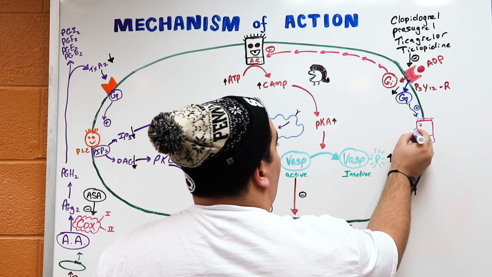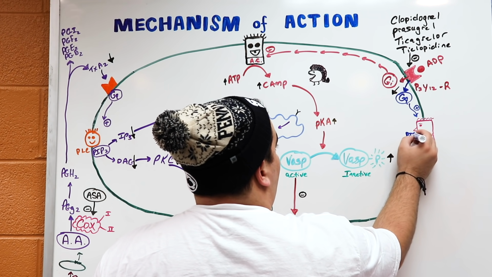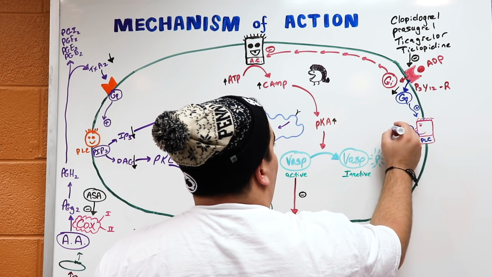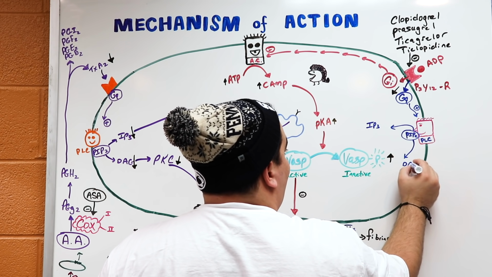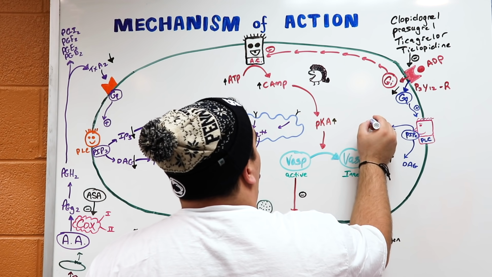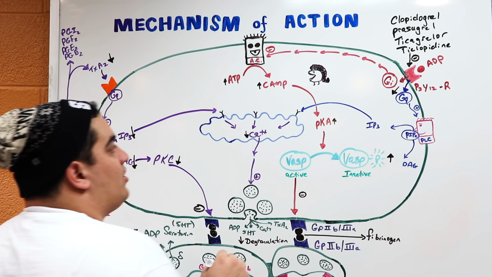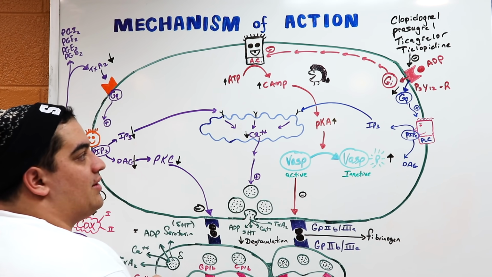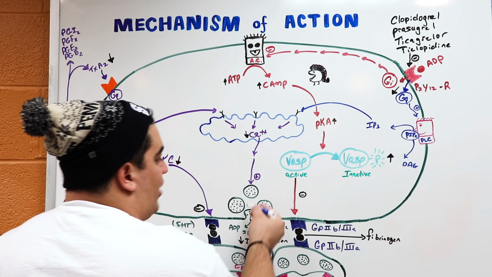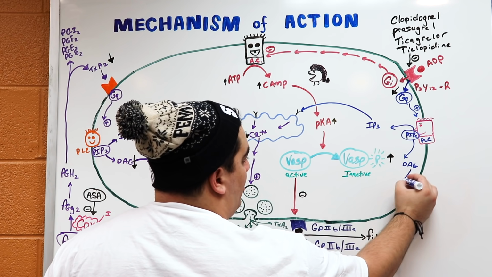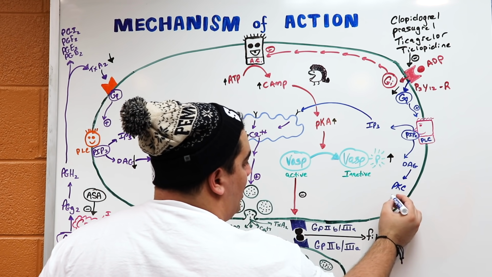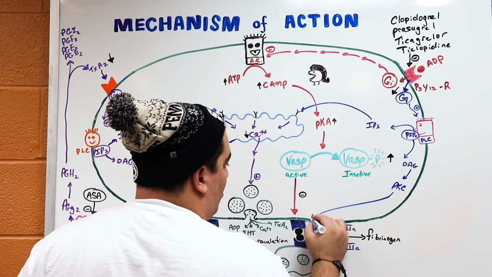Phospholipase C does what? It breaks down PIP2 into IP3 and DAG. IP3 does what? It binds onto these receptors and triggers the release of calcium. And calcium will then try to cause degranulation and cause platelet aggregation. And DAG, again, we know that this will activate protein kinase C, and protein kinase C will also regulate the